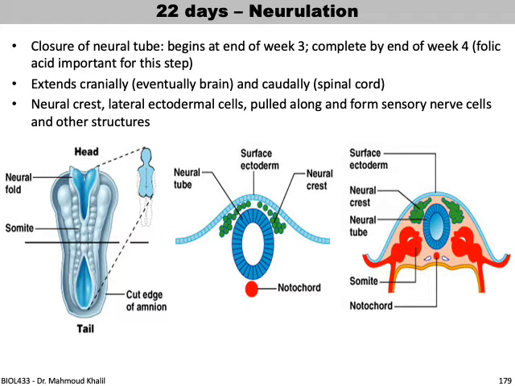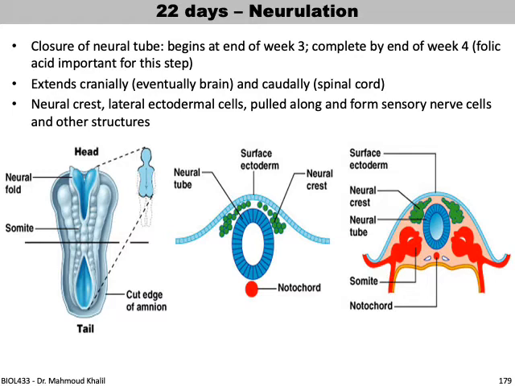So you can see here from the figure, if you take a section from a developed embryo, you can see that the neural tube has already formed, which is covered totally by the surface ectoderm, and the neural crest has been pinched off from the connection of the neural tube to the surface ectoderm, and the notochord is lying beneath. Soon after that, you can see that the mesoderm has been well differentiated into somites, and soon will form the lateral plate mesoderm. And you can see that the neural crest is highly developed and later on will form the sensory nerve cells